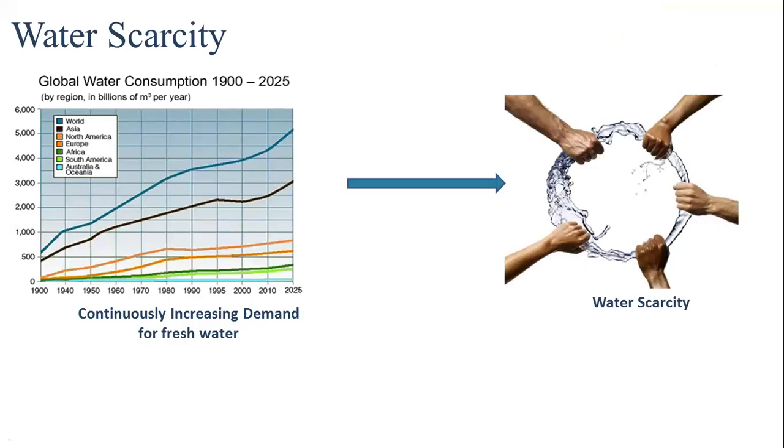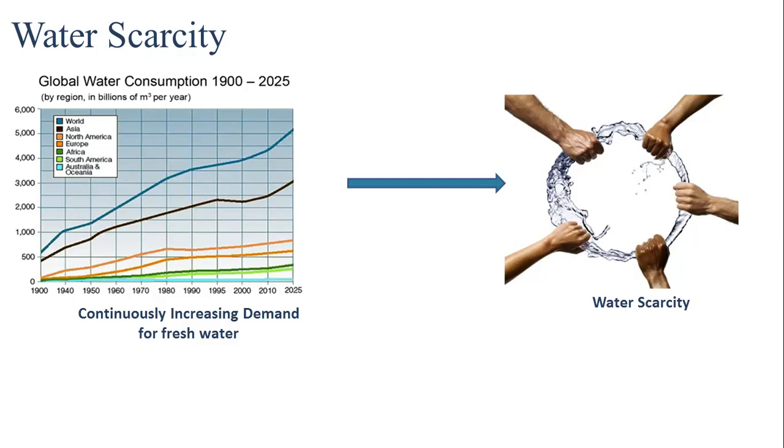We are now living in a fresh water problem nowadays due to population growth, due to economic and industrial advancement and growth. And for this reason, studies show that annually the demand on fresh water is going to grow by around 2%, which is a very big number considering the resources that we have. And it's also expected that about 1.8 billion people are going to be affected by this water